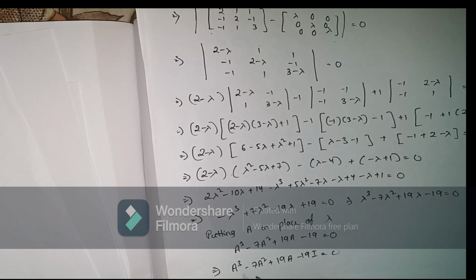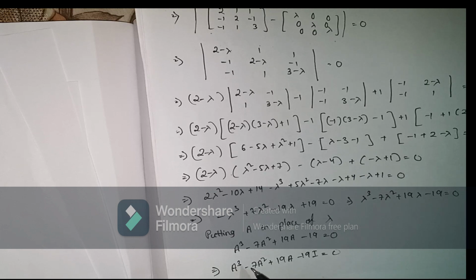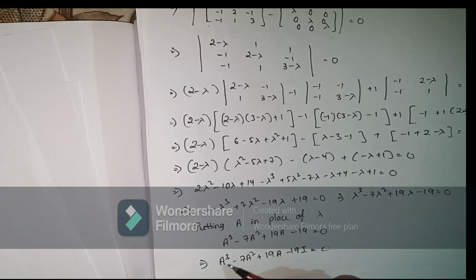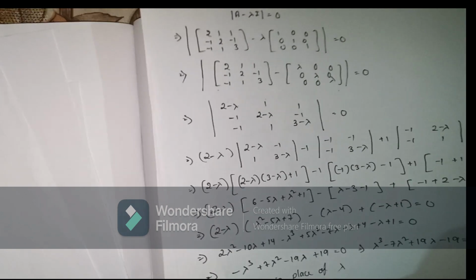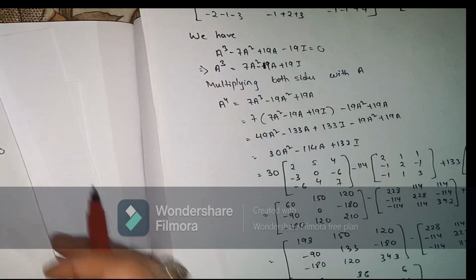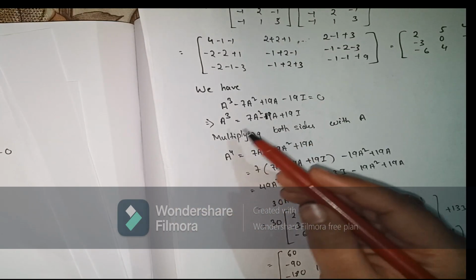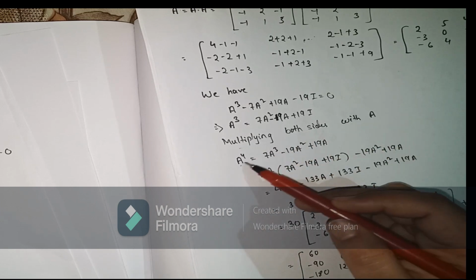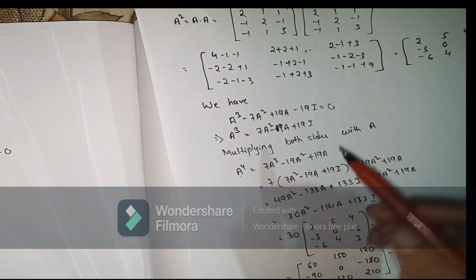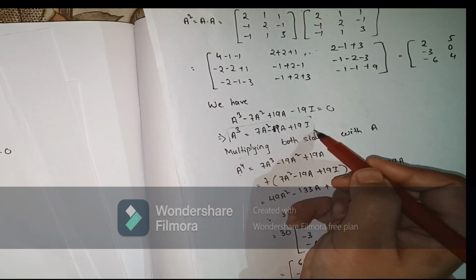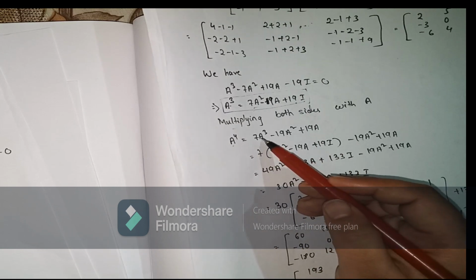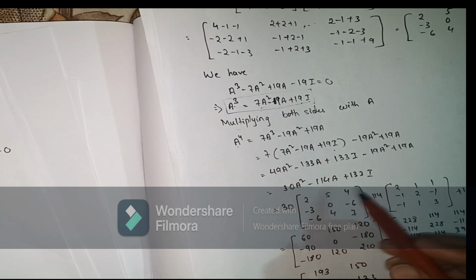Now one thing I told you, that you have to write the highest power on one side. So I'll keep the A cube on one side and the others on another side. Look, A cube is equal to this much. So I need to find out A to the power 4. So I have to multiply both sides by A. I multiplied it. Now I have this much only to replace with. That means whenever there is A cube, I can replace that A cube with this. So there I got an A cube. So I replaced this and I solved it.